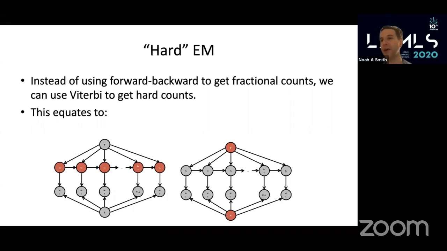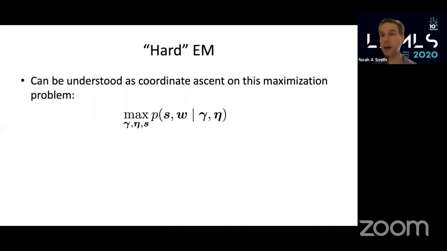You actually don't know that with any of these models. It's important to remember that there's never any guarantee that running an unsupervised learner is going to recover a view of the data that corresponds with your own personal interpretation, what you would do as a human. So anyway, hard EM is justified by saying that you're doing coordinate ascent on a maximization problem like this, where